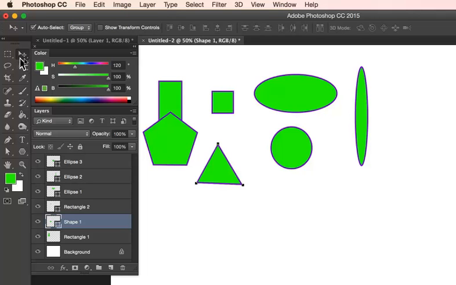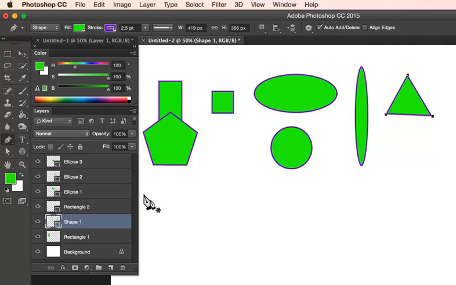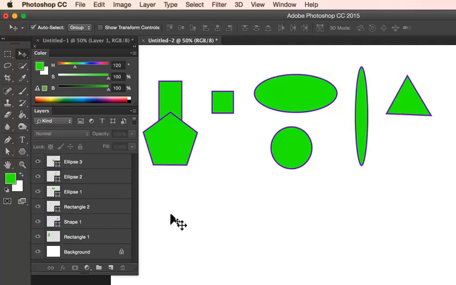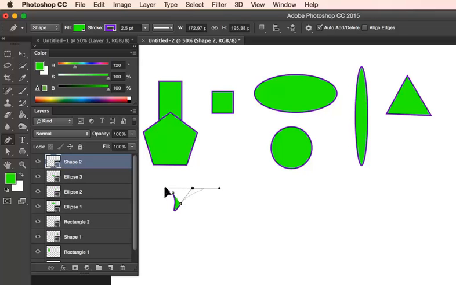Let me just move this over here into line with the other geometric shapes, and I'm going to take my pen tool. First I need to get my Move tool, click on the background to release that other shape, come back to this. Notice that the stroke line, the anchor points are no longer active, so I know I'm going to create a new layer. I can start to make some interesting shapes by dragging and stretching until I get something that I think is